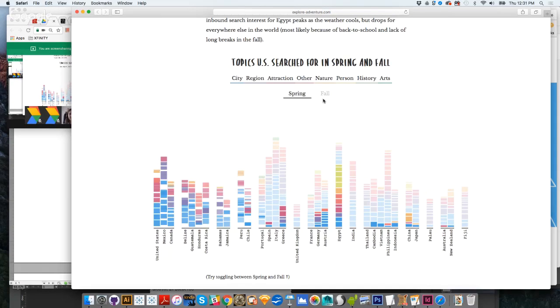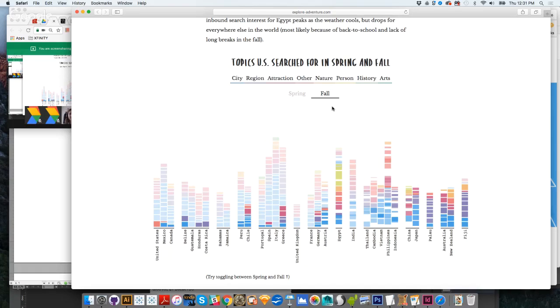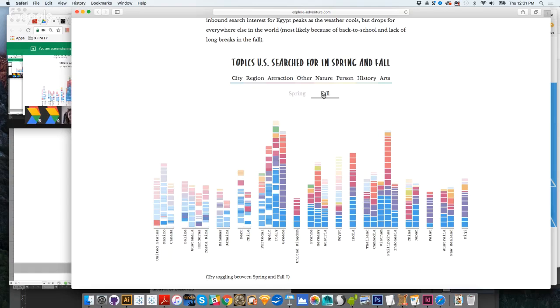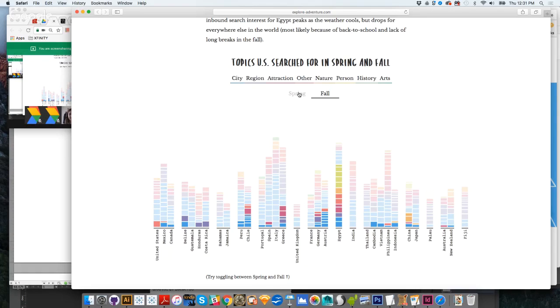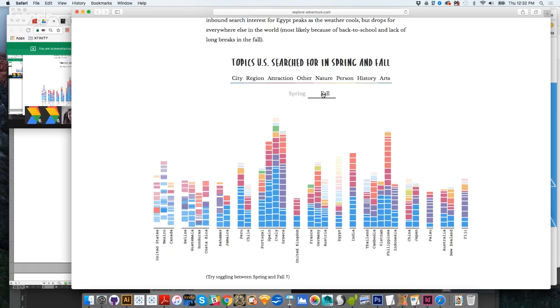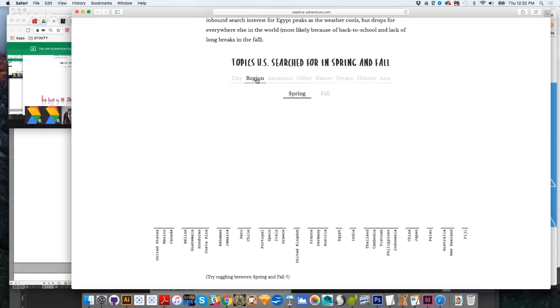And so maybe it's for spring break travel, or maybe it's for summer break travel, but either way, we search a lot. But when we toggle to fall, there's almost no search going on whatsoever. And my guess about that, though for some reason Egypt stands out. I couldn't figure out why, but I'm guessing for fall it's because everybody's gone back to work, or gone back to school after summer vacation, and everybody's in the work mindset, and nobody's thinking about vacation, and it kind of is a little bit of a depressing time for me in this data